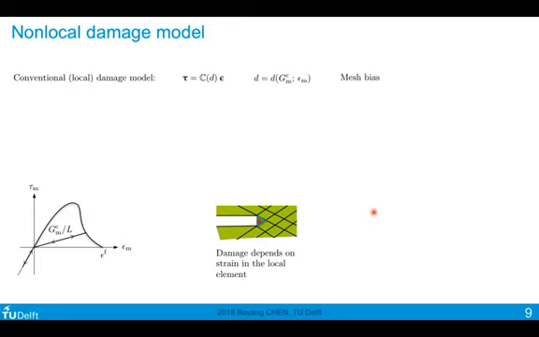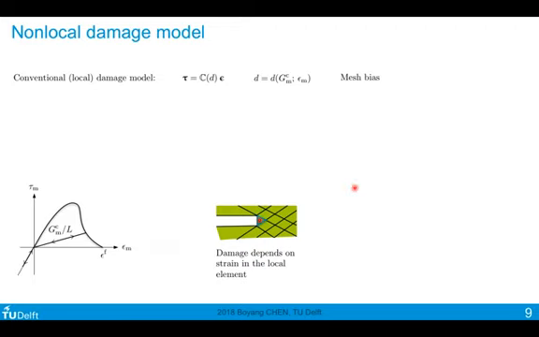One way is to use the so-called non-local damage model. Traditionally, when we use the smeared crack model, we have the stiffness degradation applying on the constitutive tensor, and this degradation or damage variable is a function of our strain, and this strain, which is a mixed mode equivalent strain here, is evaluated locally at this element integration point. So this means that the damage variable depends on the strain in the local element. For instance, for a constant triangular element, we have a single integration point in the middle, and the damage within this element depends on the strain in this local integration point.